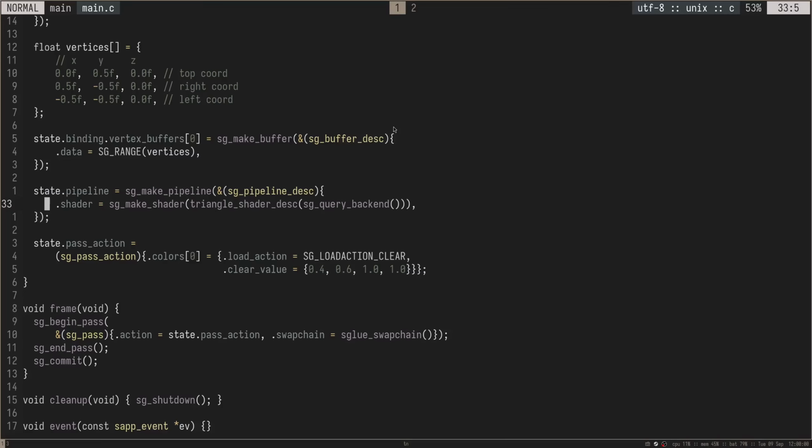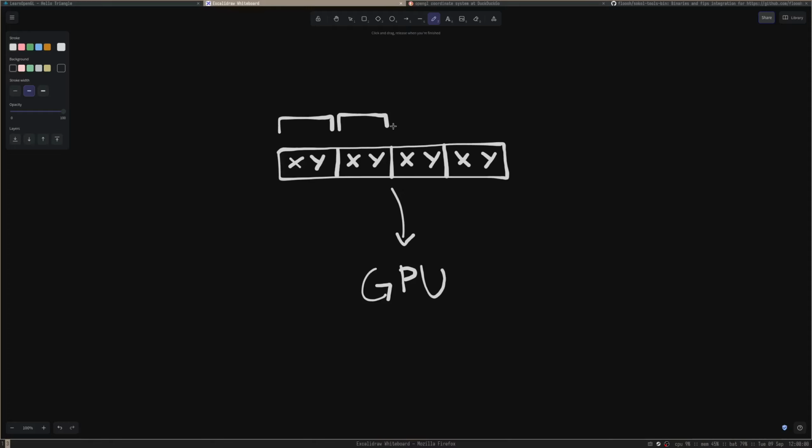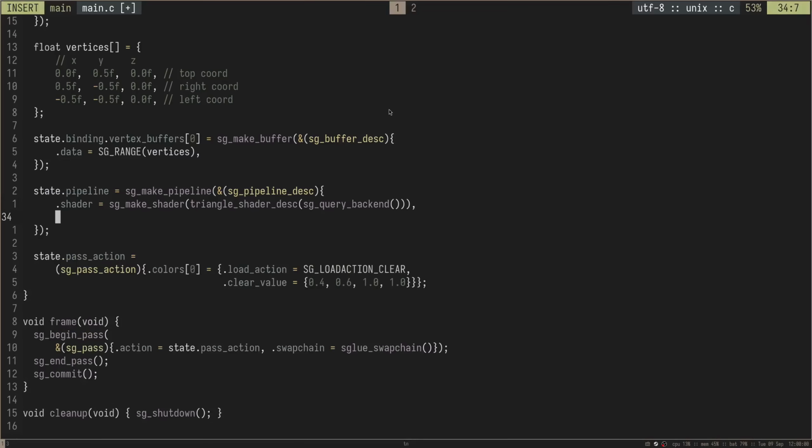Okay, and now that our shader is created, we now need to specify the layout of our data. So I mentioned earlier with this bad diagram here that we need to essentially tell the GPU how to actually interpret this data, because as far as it's concerned, we just passed it a blob of junk and it doesn't know what to do with that data. We need to tell it that it needs to split it up at these intervals, and it needs to interpret this as a vector 3 or a vector 2 or whatever. So to do that, we can add a new field to our sg_pipeline_desc here called our layout,